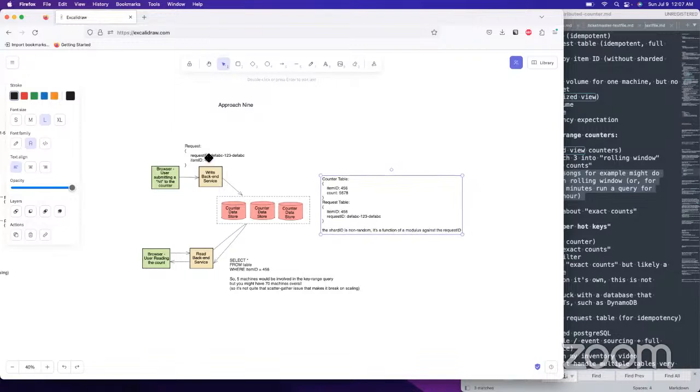Got item ID, request ID. Do we need shard ID itself necessarily though? I don't know if we necessarily actually need the shard ID in this thing, because we're doing it manually.